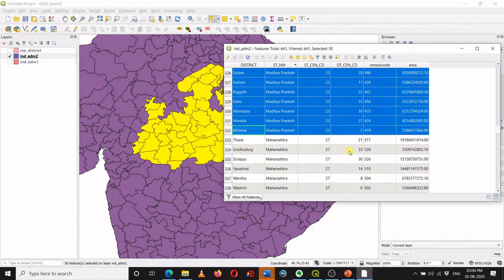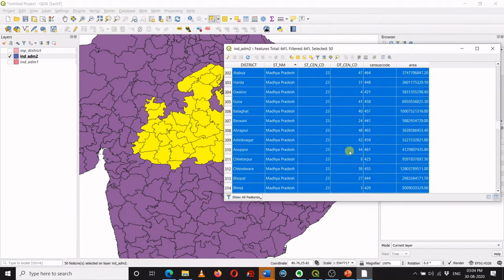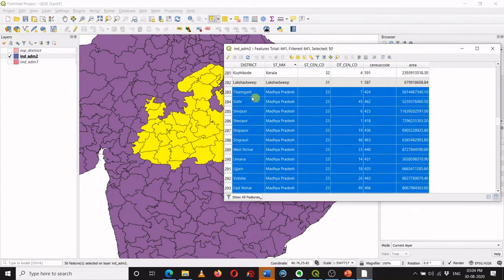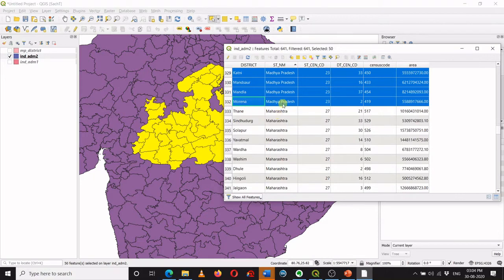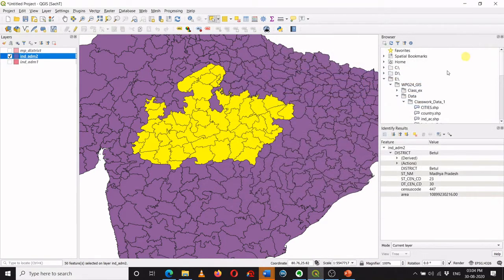Okay, so what I did, I selected the first row with the value of Tikamgarh, and then I pressed shift and selected the last row. By doing this, I have selected all the features which belong to Madhya Pradesh state. So now the job is done.